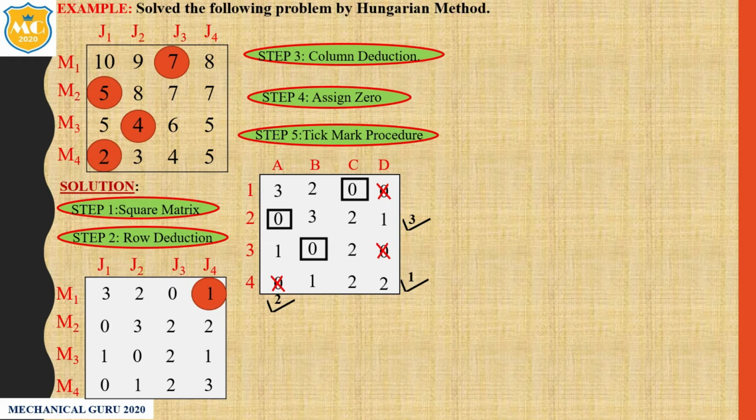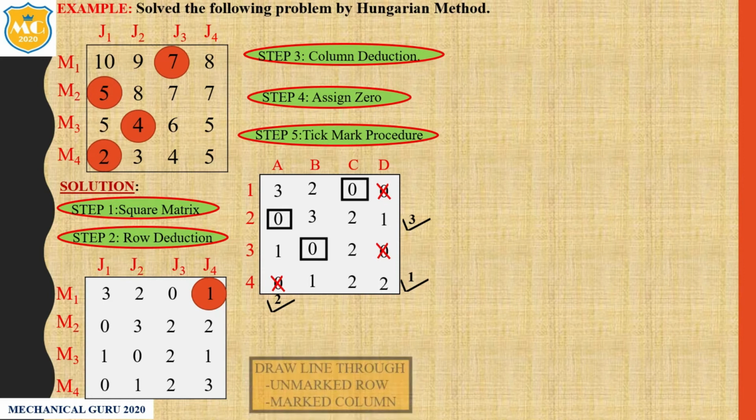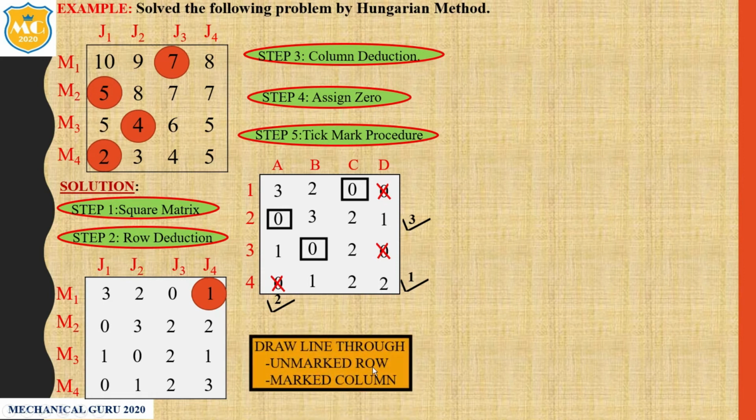Now we have to draw the line. Now where to draw the line? Simple. Unmark row and mark column. So here row number 2 and row number 4 is already marked. So just we have to draw the line, first row